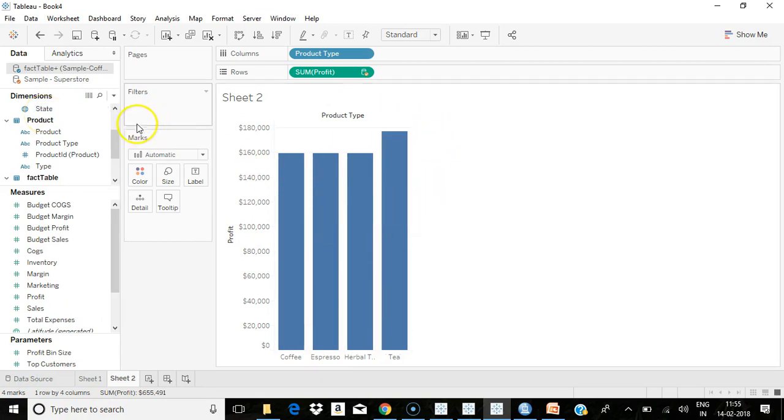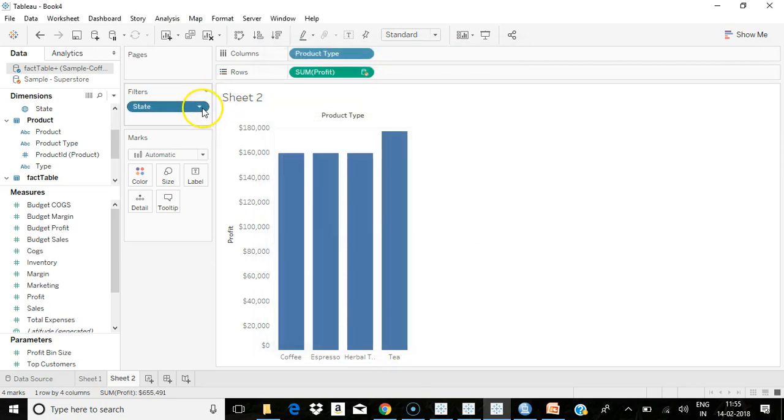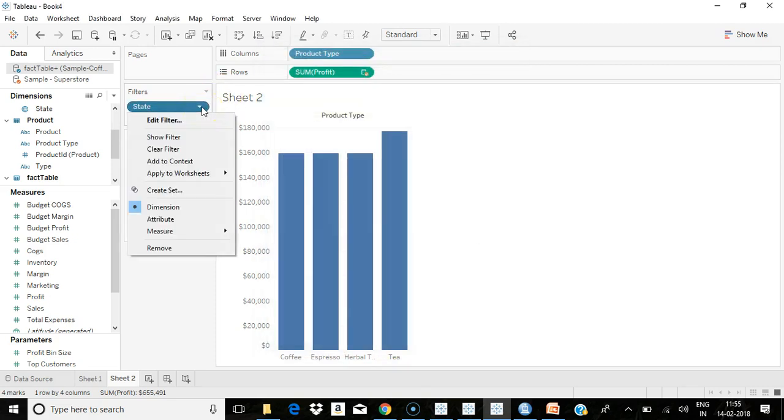Also, when you are doing data blending, if you create a filter and you want to make that filter a global filter, you have an option to do that. That is, go to the filter properties, apply to worksheet and use the option all using related data sources.